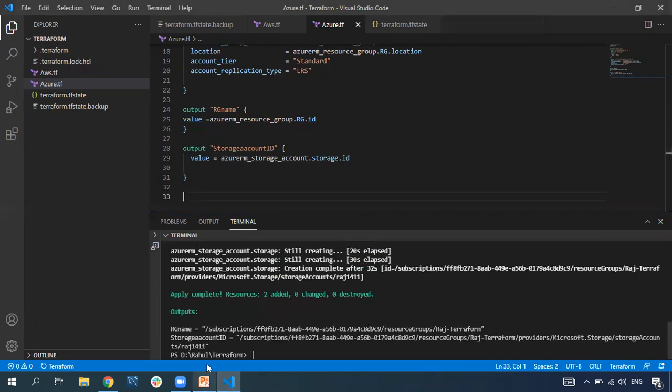So can you see this? We got the resource group name, the RG name I had given, but here we got the resource group ID. We can change it to RG ID. Okay, so the resource group ID is this. Next time if you run apply, it will give it as RG ID, and this is our resource group ID and